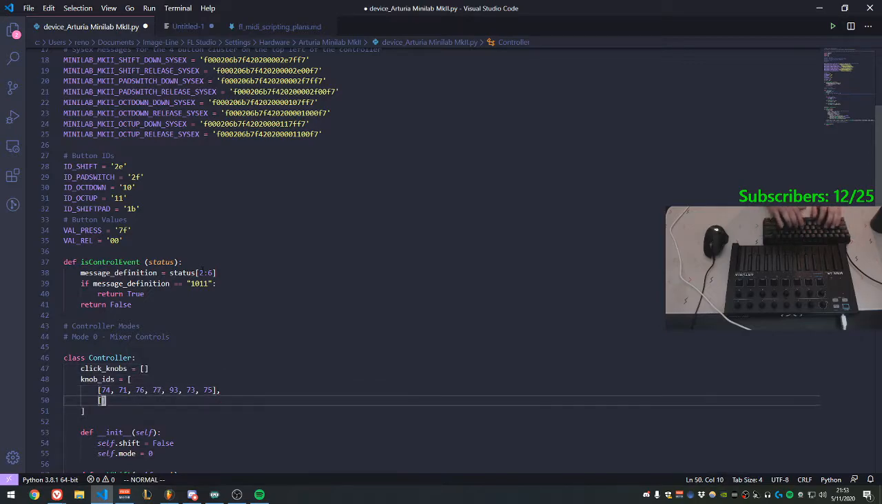So click knobs are going to be separate. This is kind of confusing, but I think it should be fine. 18, 19, 16, 17, 91, 79, and 72. So, like I said, it would be nice if